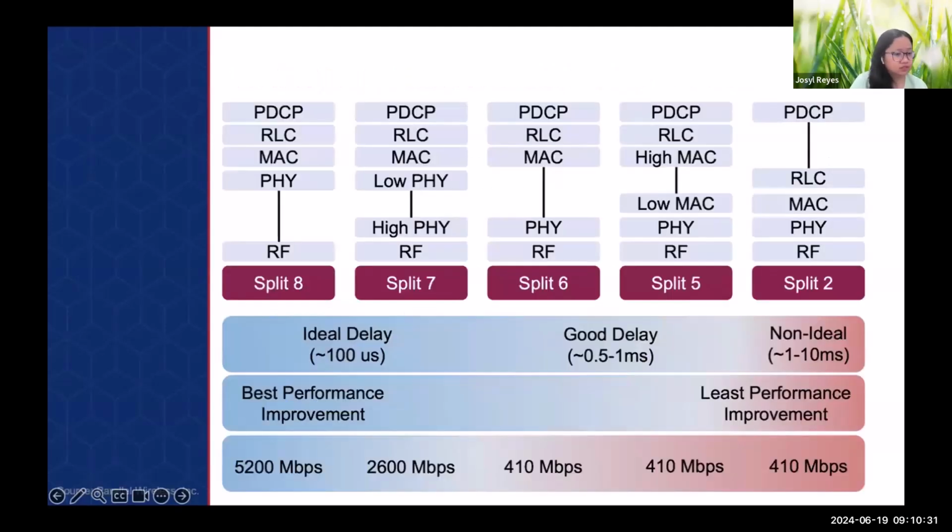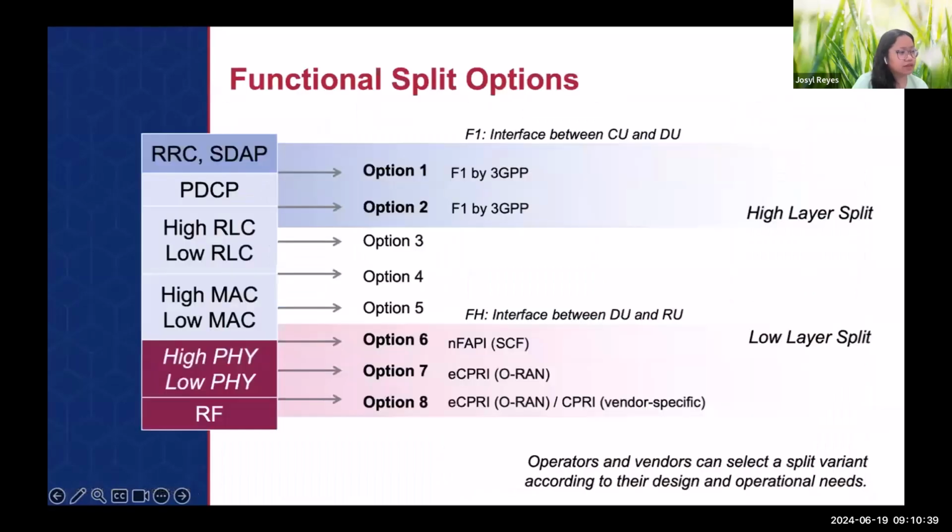Okay, so to summarize the functional split, let me go to the important slide. I can imagine that this is the most important slide for the functional split because it shows all the different options. Remember, the darker blue defines the network layer, the light blue is the data link layer protocols, and the lower layer is the physical layer protocols. So whichever option you choose would define what type of split it is.